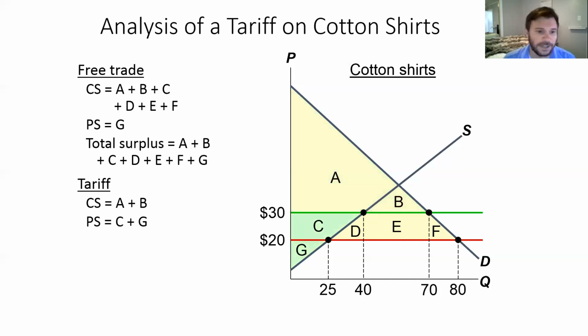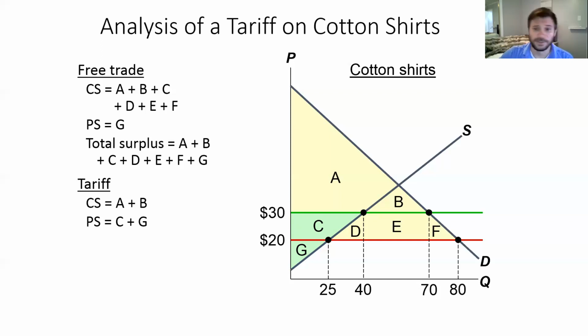Now remember, that area C used to be part of the consumer surplus. So C represents a net transfer between buyers and sellers. Buyers gave up C, sellers collected C. If that was the end of the story, then the pie would stay the same. The total surplus wouldn't change. However,